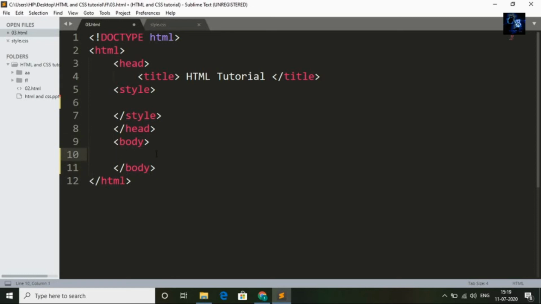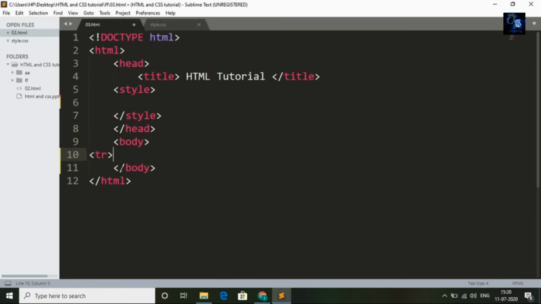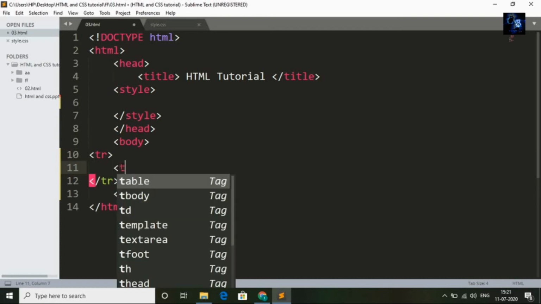I will ask the user for a user name and password, and I will also ask the user to enter gender, whether you are male or female, and I will also ask the user to select a country, and then I will provide one submit button for the form. Now I will type the tr tag. I'm using the tr tag because I want to display the username and text box in the same row. Now I will go inside the tr tag. I will type td